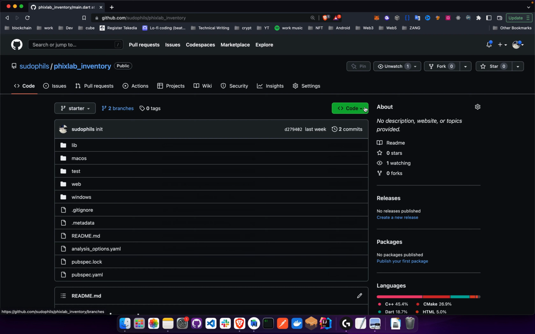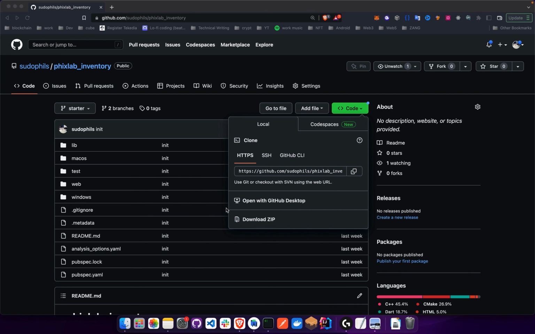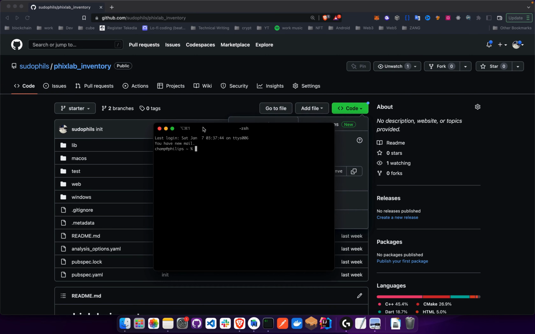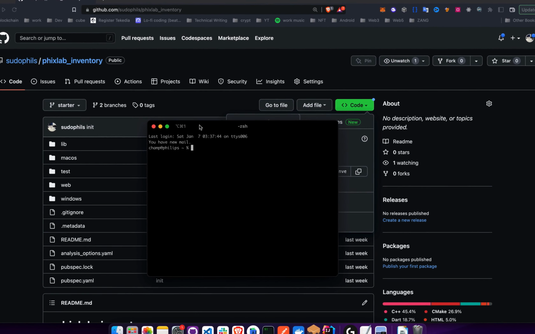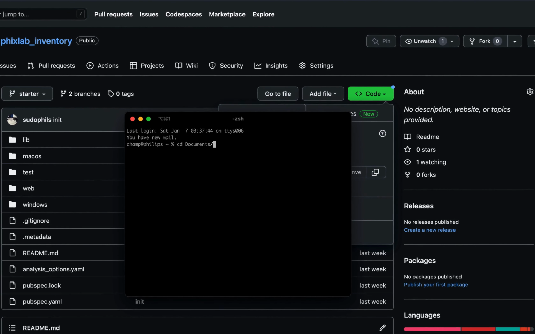So in this place, just go to the code drop down, copy this particular stuff, and go to your terminal or your git bash if you're on Windows, and then git clone this repository, and then point -b to the starter branch, just like we normally do. So let's get that up here. So let's see, I'm actually working on my document, and I have